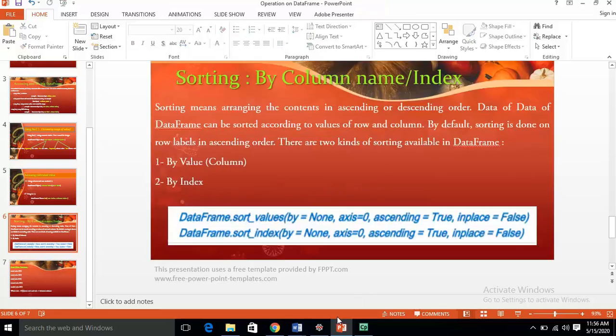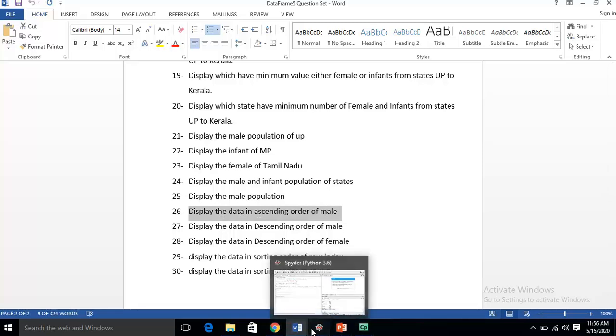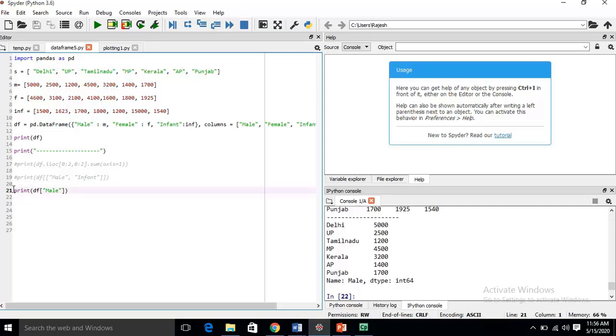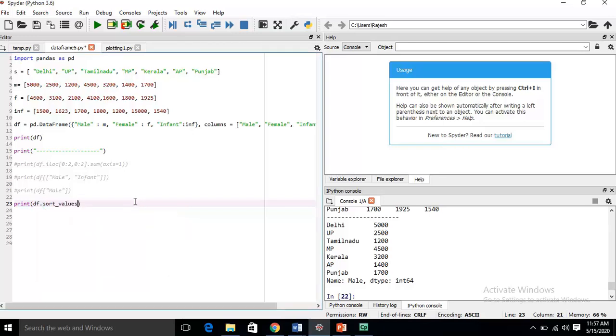Now the question is saying: display the data in ascending order of male. Let us see how we are going to do this. First make it a comment, then print df dot sort values.